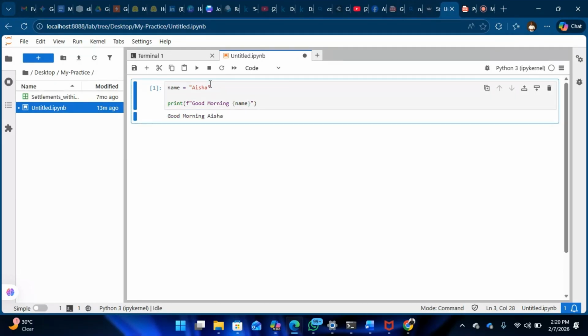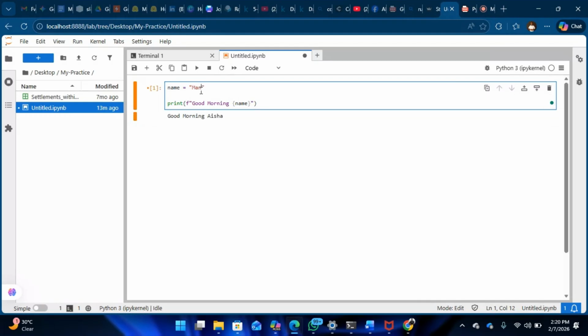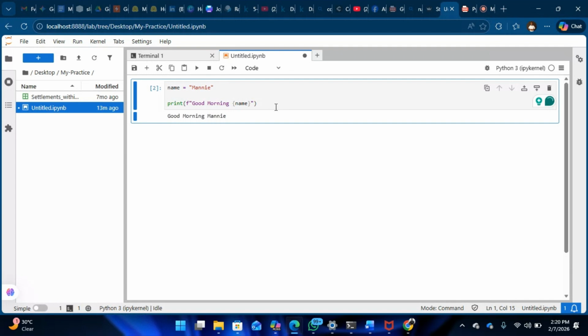So what you're doing here, your code is only useful to a Python programmer that can come here and say, okay, I'm changing the name to Money, right? And then this will still greet the person, good morning, Money. So we want to avoid that. We want to write the code where end users, that is people who are not necessarily programmers,